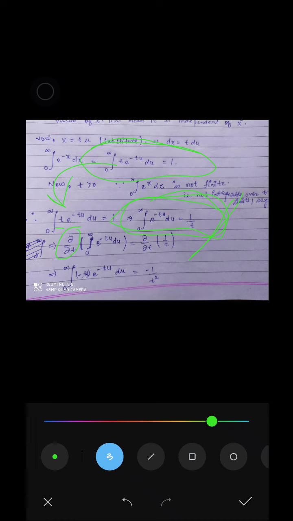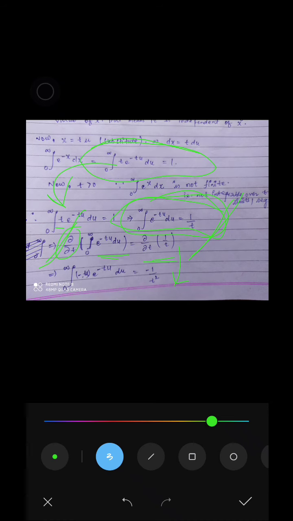So if I am partially differentiating with respect to t this equation over here, then all the other variables like u are going to be constants with respect to t. Since this is a partial differentiation, we take del y by del t of this equation, differentiating both sides. Del y by del t of 1 upon t is easy to guess: it is minus 1 upon t square. And del y by del t of the integral 0 to infinity e raised to the power minus t mu